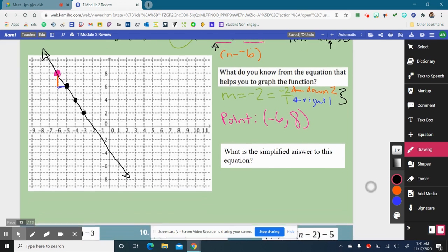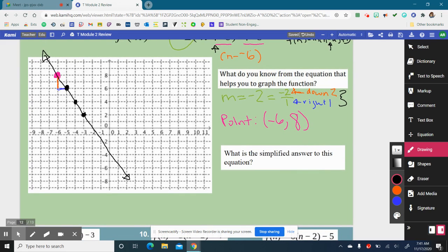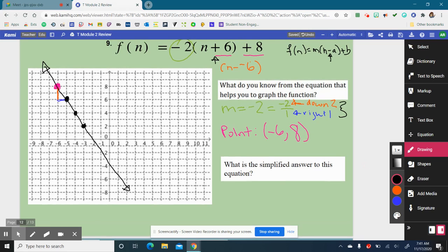Now, I'm asking this real weird question. It says, what is the simplified answer to this equation? Okay, so I'm going to show you both the mathy way and the calculator way. And I'm going to show the mathy way first because, well, I'm a math teacher. So, mathy way,